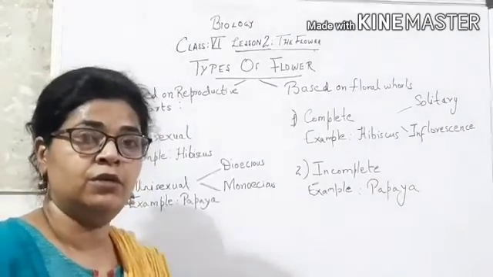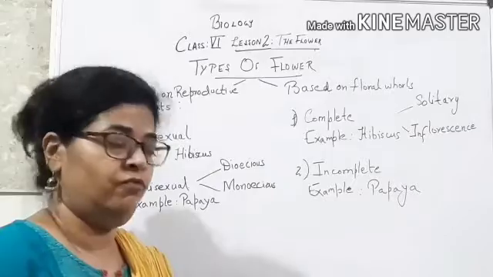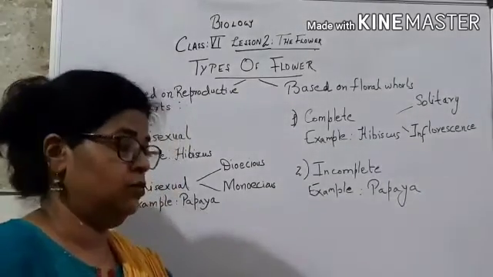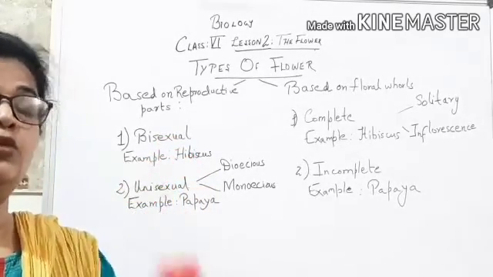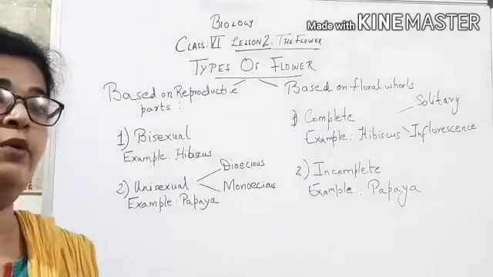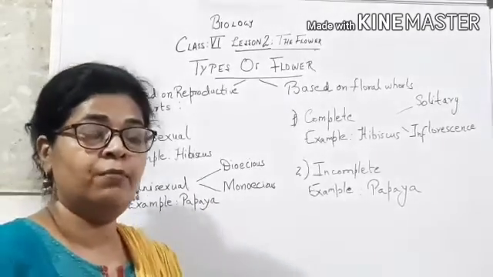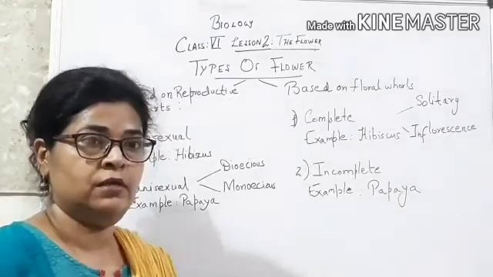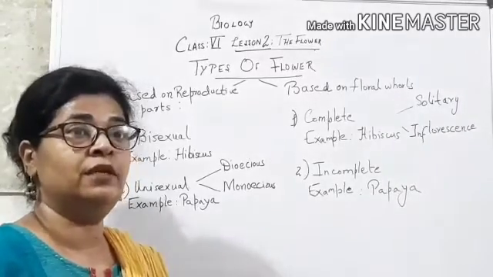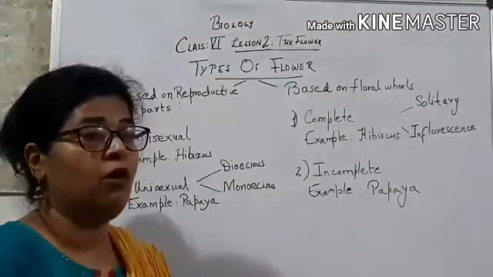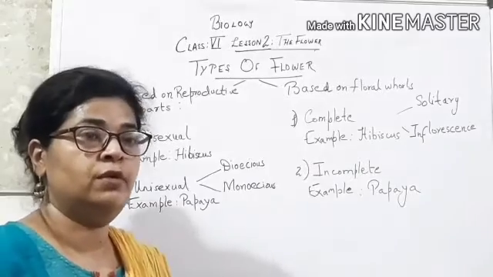Then we have to know the functions of a flower. One function I have already told you is reproduction. The flower carries out reproduction, which is the most important function of the flower. Then the flowers are brightly colored and beautifully scented, so they have ornamental value also. They are grown in gardens, even in fields as a crop, and then they are sold in the markets. They have religious significance, especially sweetly scented flowers are offered in temples and in mosques to worship gods and goddesses.